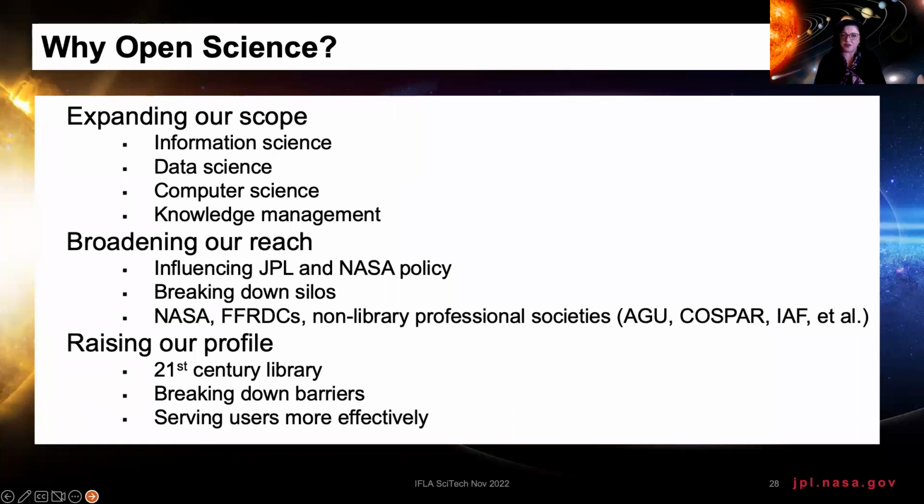When we started this a few years ago, a lot of my colleagues still thought of the JPL library as essentially a book repository. You know, we had journal articles, and we did interlibrary loan, and we had events. It was a very traditional viewpoint of a library. And we really have broadened our reach through busting down doors and demanding a seat at the table, saying, this is what we do, this is what we should be doing for